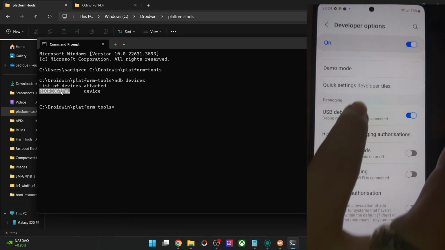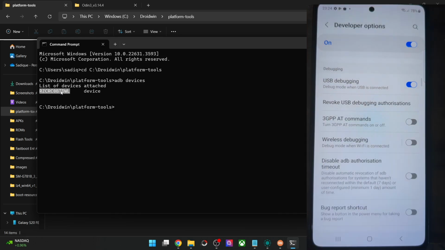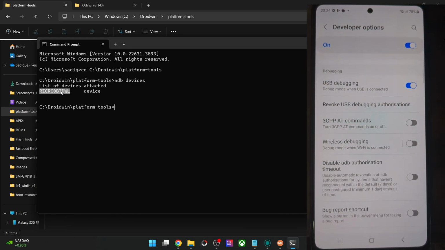Disable and re-enable USB debugging. Tap on revoke USB debugging. Use the official USB cable that came with your phone and use the USB 2.0 port on your PC. So carry out these USB tweaks and make sure that you're getting an ID. Once you're getting this ID, you will now have to type in ADB reboot download, and your phone will now